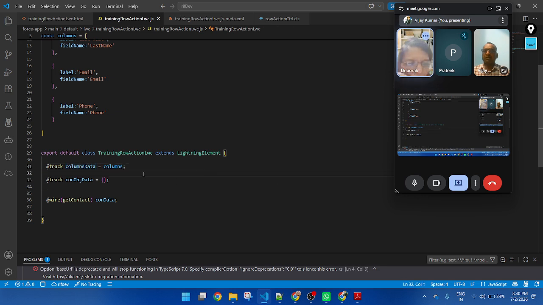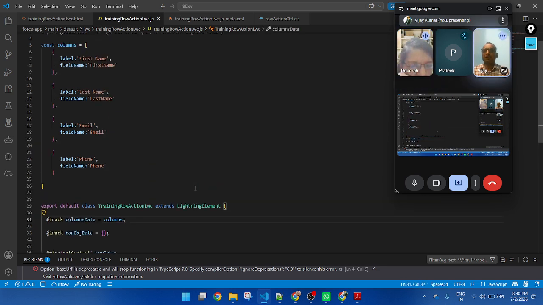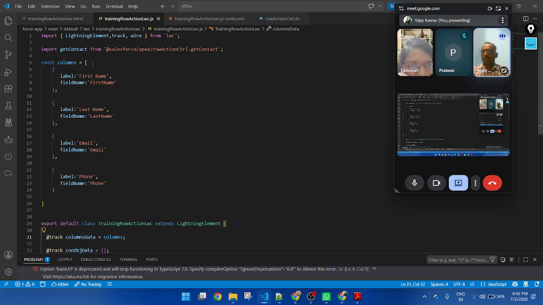Columns. Yeah, this is a process because first I create a column. This is a constant variable. In this variable, I create an array. Inside the array, I store multiple objects. In each and every object, I store the contact field name and label. This object is for first name, this object for last name, this is a label, this is a field name.